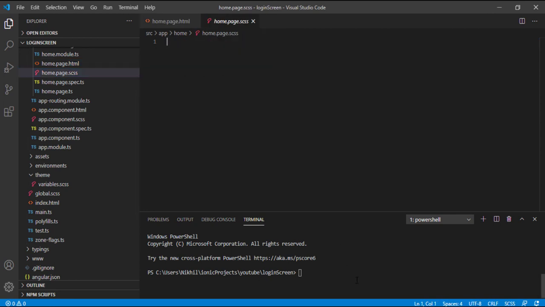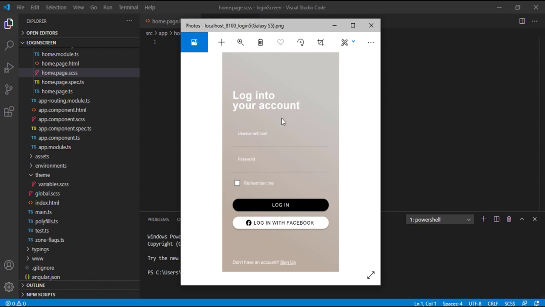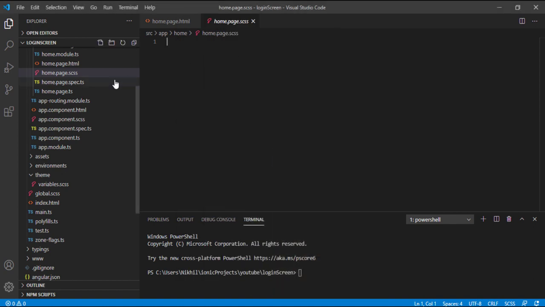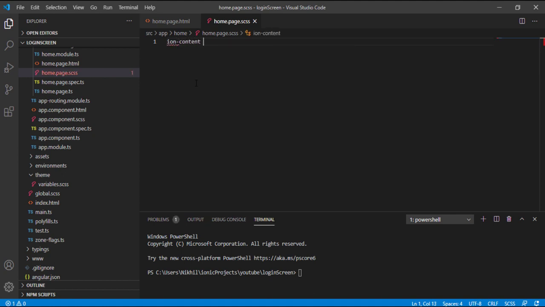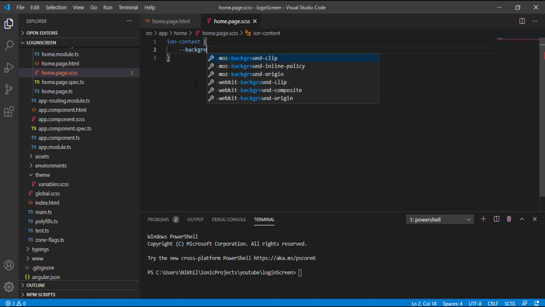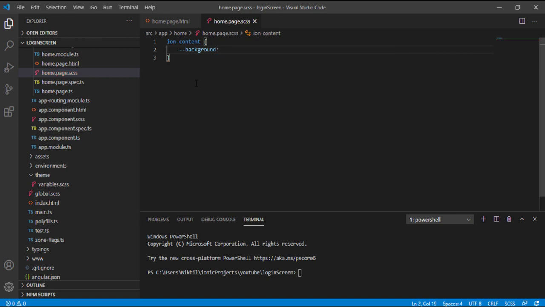have a certain background to that, because out here you can see that we have a background which is a linear gradient, right? Let's do that. In order to do that, we have to apply some colors. Let's out here in our SCSS, in our ion-content, we are going to pass a few colors in the background. How are we going to do that? Let's call our background property for ion-content, linear-gradient,